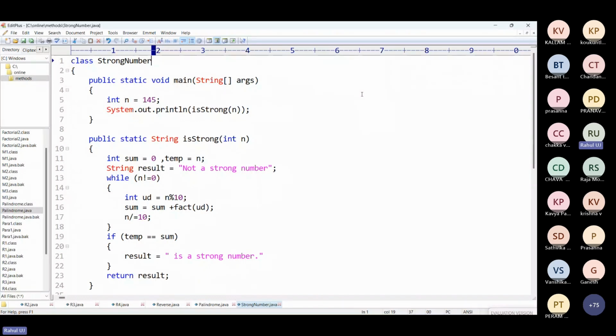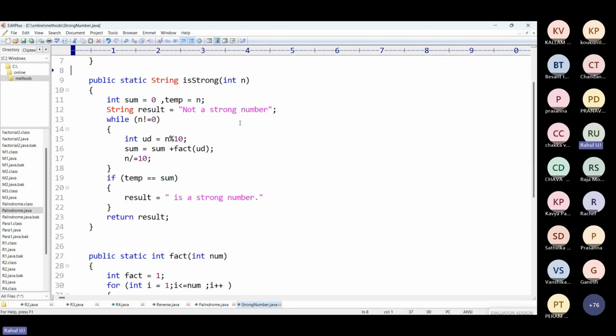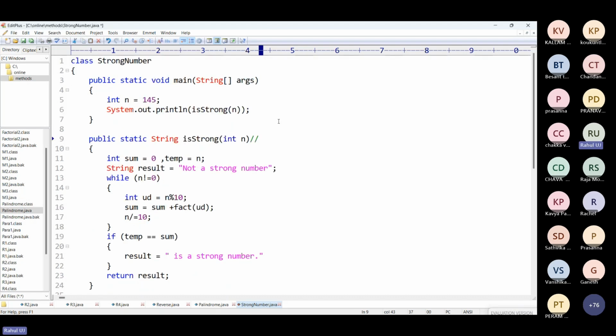Yes, everyone is correct. So in the main method, what do I have? I have a number which is 145. This 145 is passed to which method? I am passing it to the isStrong method. Yes or no? So when the method is called, the control goes from the main method to the isStrong method. What number gets substituted in this method? That is in the place of n,